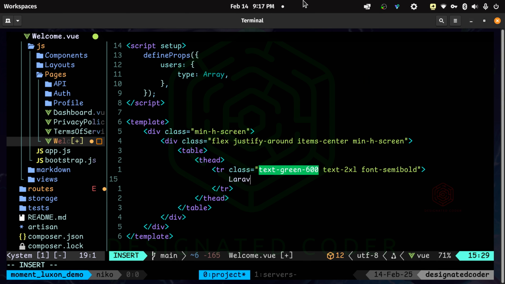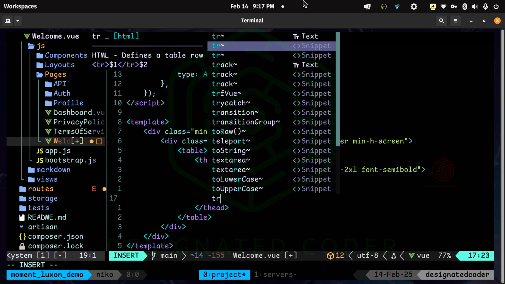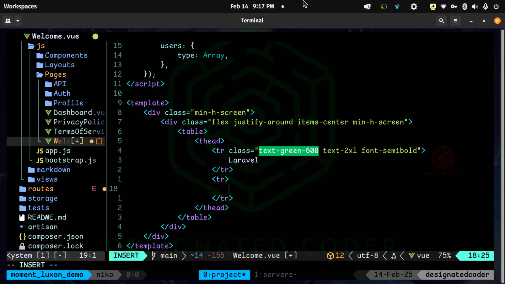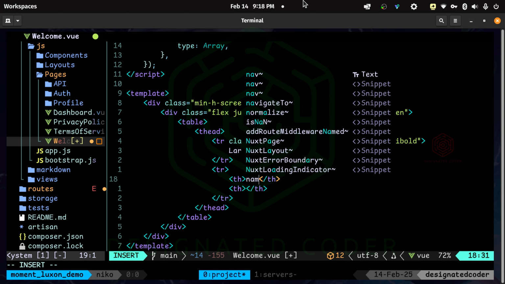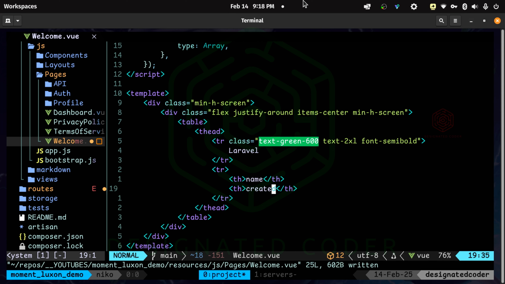And all we're going to do here is put Laravel, and that'll be our little bit of a title. And we're going to need another tr. There's not going to be any styling on it, but we are going to have two ths. The first one is just going to say Name, so it'll be the user's name, and then we'll say Created.